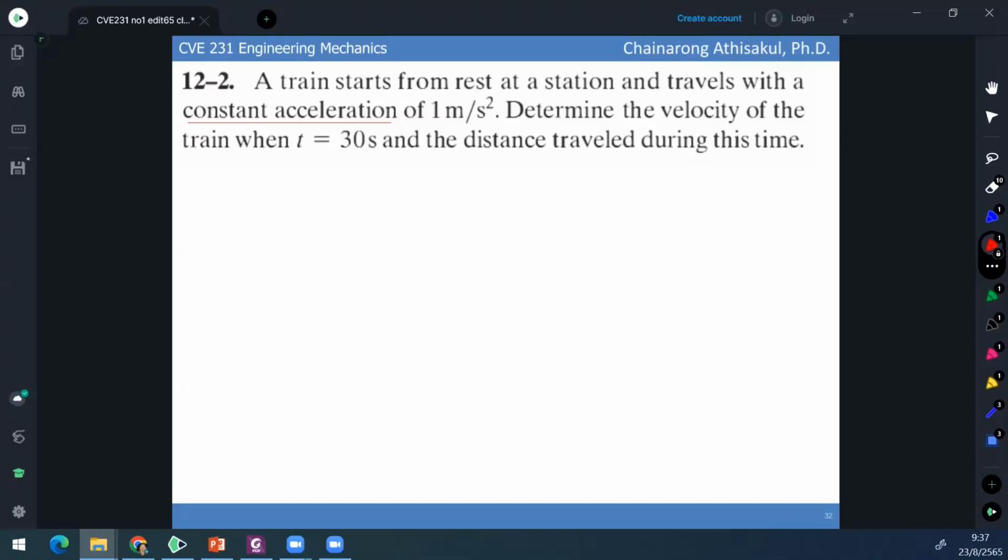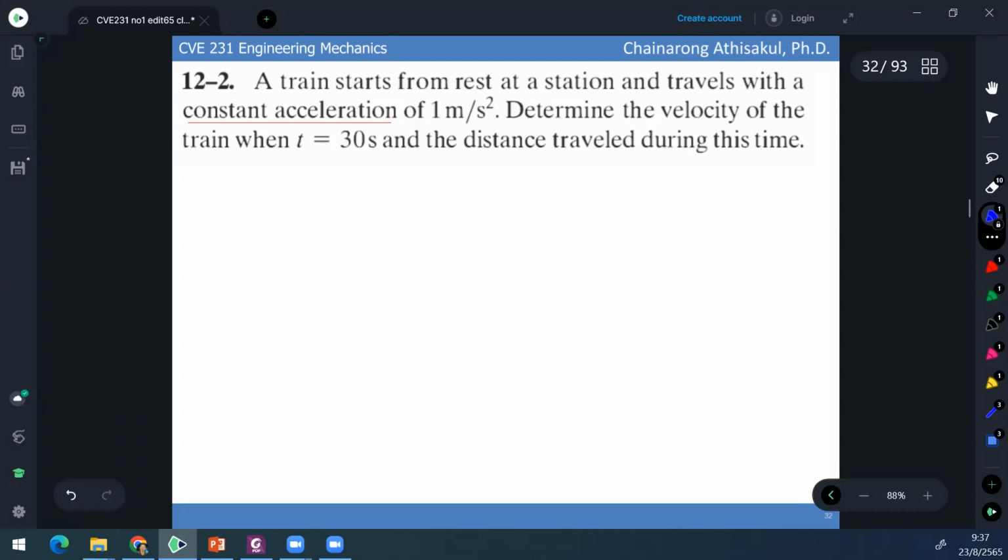Let's take a look at this example. A train starts from rest at a station and travels with a constant acceleration of 1 meter per second squared. We would like to find the velocity of the train when time equals 30 seconds and the distance traveled during this time. Okay, so if we recall the three kinematics equations for the case that the acceleration is constant,